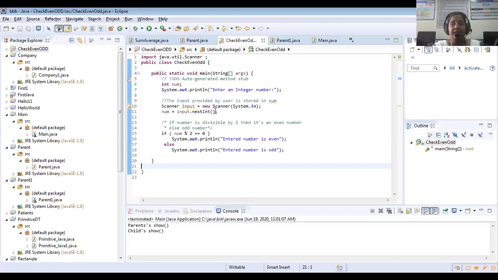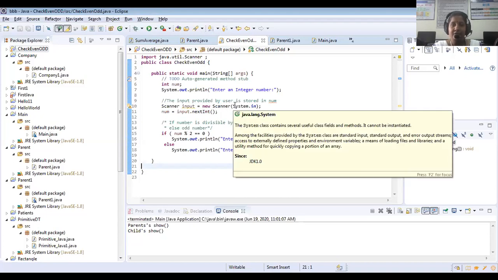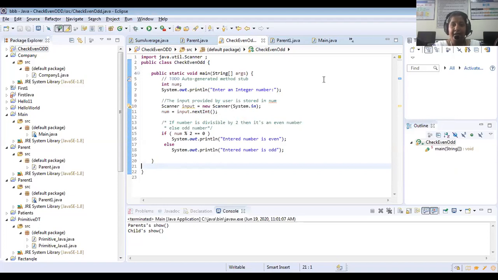Like in C, what do we write in the first line? Hash include stdio.h. Next line, hash include conio.h, hash include math.h. Like that, we include a number of header files. These are the built-in libraries you know. Anyway, we are going to discuss this package more later, but now you should understand that here also it is like that.